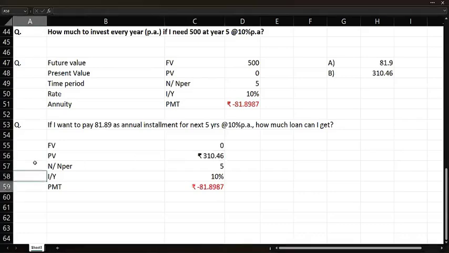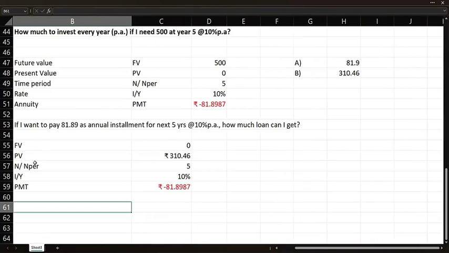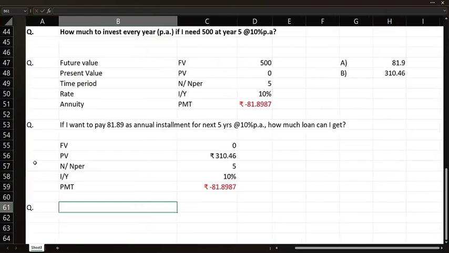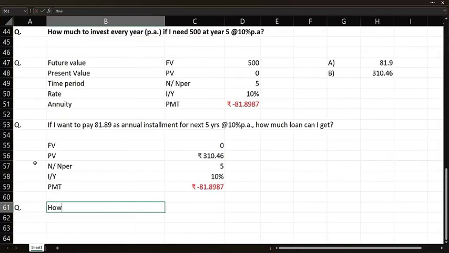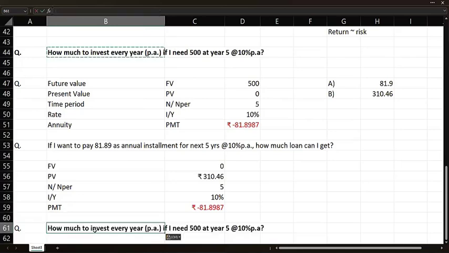Let me carry forward and introduce something here. Without the timetable, I think you will be able to understand this. Let's say that instead of getting 500 at the end of year 5, I can just repeat the same question. How much do I need to invest every year if I need not 500 at year 5, but